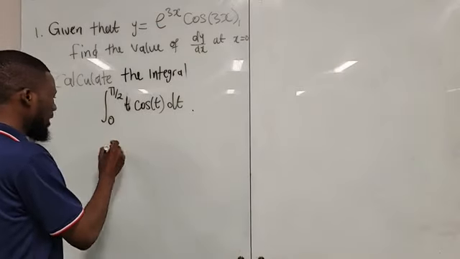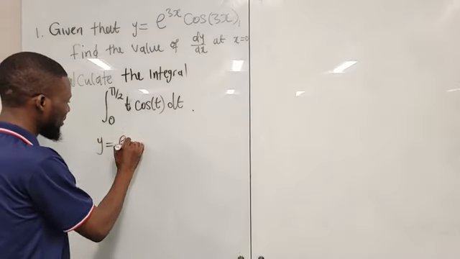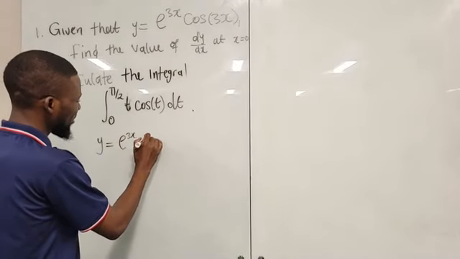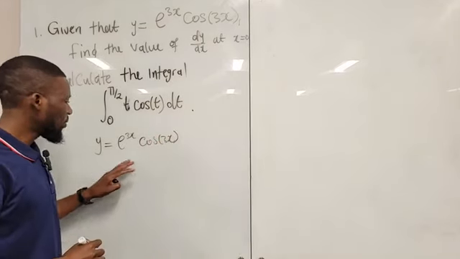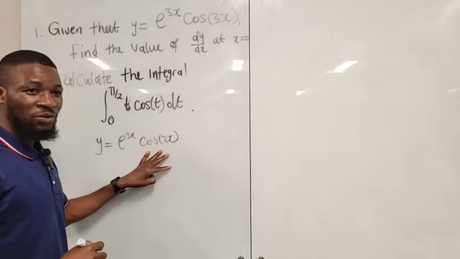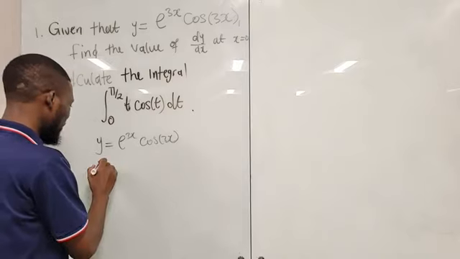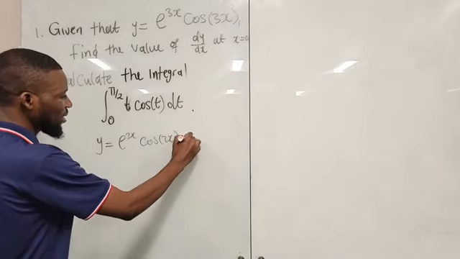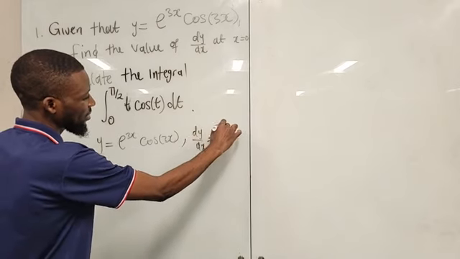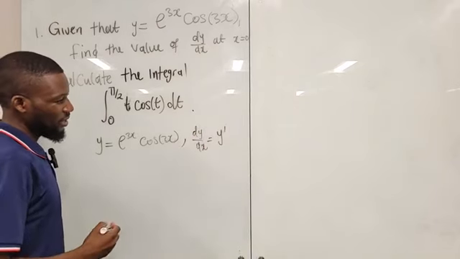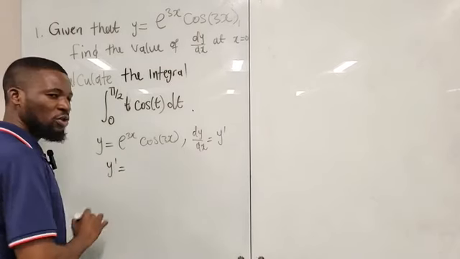So our function, I will write here, our function y is equal to e power 3x cosine 3x, okay? So as you can see, this is a product of two functions. So to find the derivative, we are going to use the product rule. So I will say dy/dx. Note that dy/dx is just the same as y prime. That is another way of denoting that. So I will write y prime is equal to